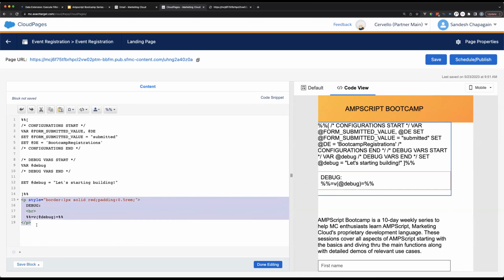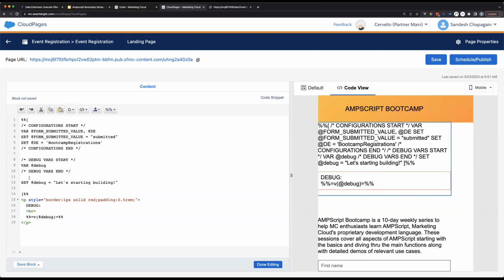So I was saying, I like to create this one tag, it's a paragraph right now, where we set up a debug variable in the AMPscript part. The only purpose of this is to log things continuously as we debug our code. And if you remember the v function that we talked about last time, we're using the v function here to output that debug variable into the cloud page.